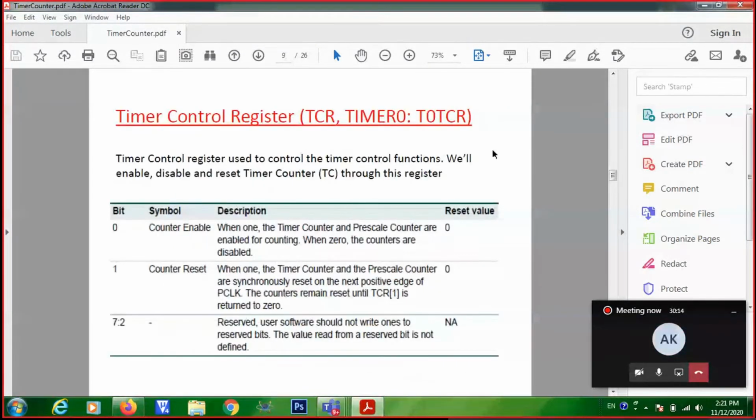Right, so this is the timer control register. You can see you can configure only 2 bits. The 0th bit is used for enabling the timer. Enabling the timer means you are enabling the timer counter as well as the prescaler counter. That is what you have seen in the block diagram.